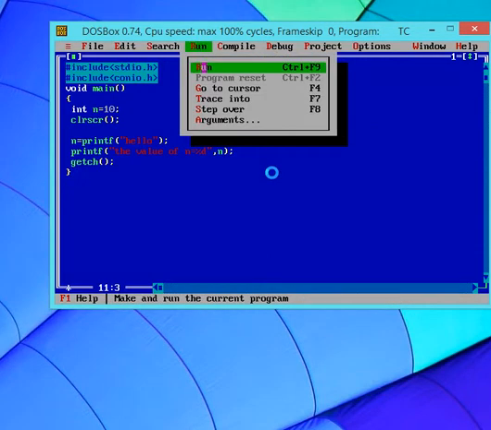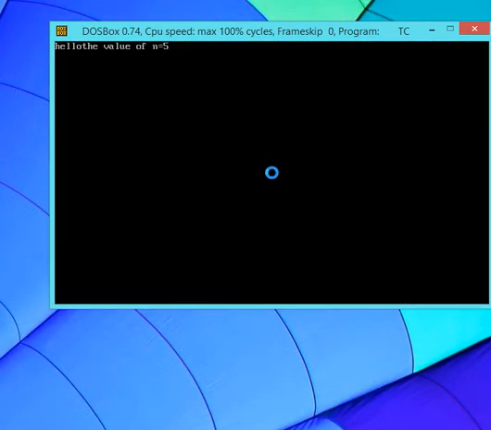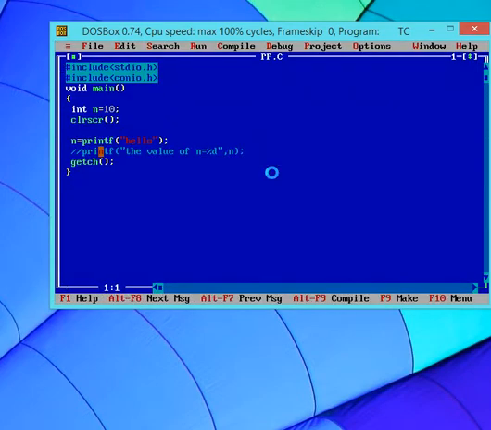Okay. Hello, the value of n is equal to 5. So this printf statement prints the hello message also, and it returns the number of characters in HELLO, that is 5. So it returns 5, and it will be stored in n, and we get the value of n as 5. Okay, this is to show how printf returns the value.